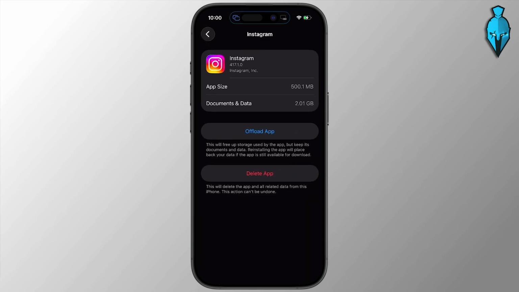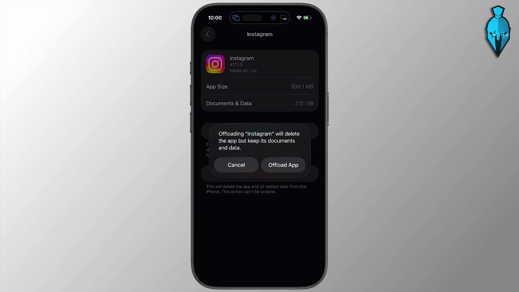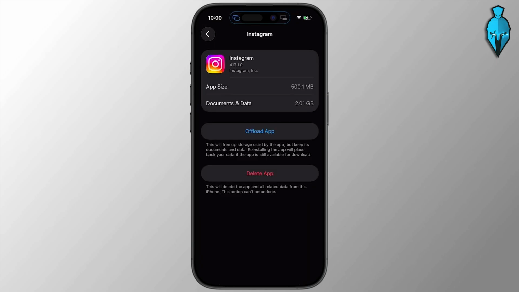and then you're going to see an option that says Offload App. Select it and then hit Offload App again to confirm. This is going to remove temporary files, which is that cache, but it's going to keep your account, it's going to keep your login, and of course, it's going to keep your data. After offloading, you're going to have to reinstall that app, but Instagram should now run a lot smoother and take